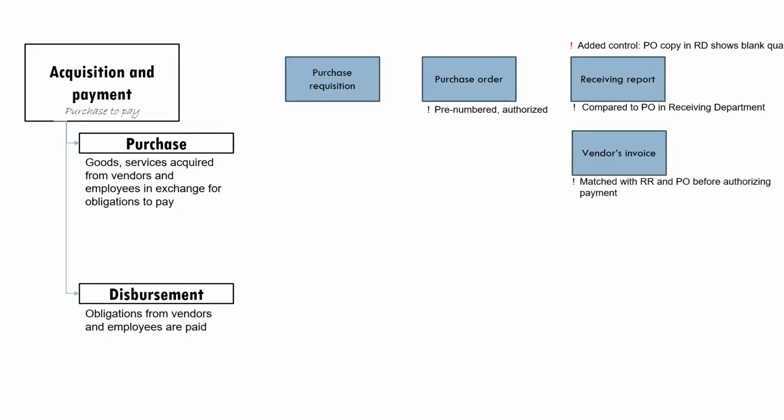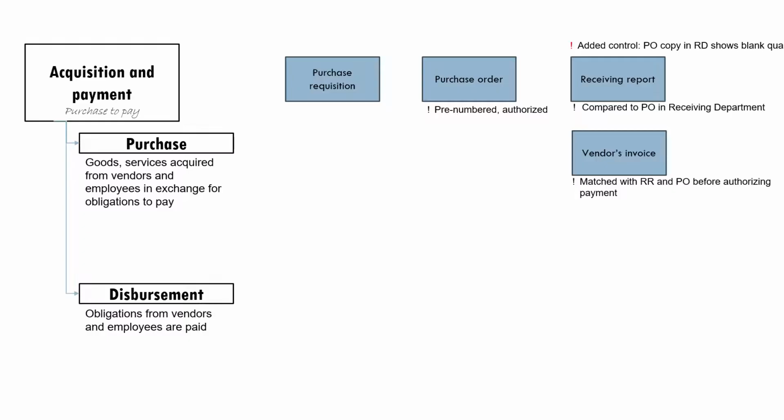Once a receiving report has been prepared, we now wait for the arrival of the vendor's invoice. When the vendor's invoice arrives, this is where we do the three-way matching. This will be matched with the RR or the receiving report and the PO or the purchase order before requesting for